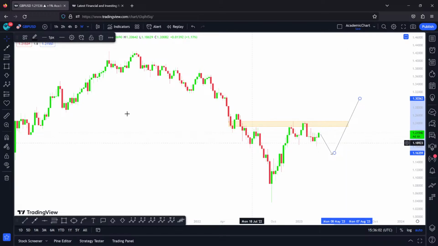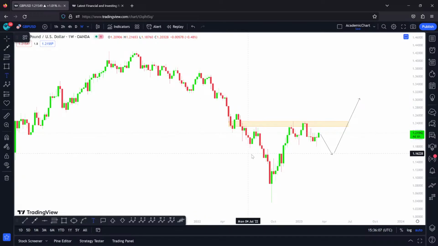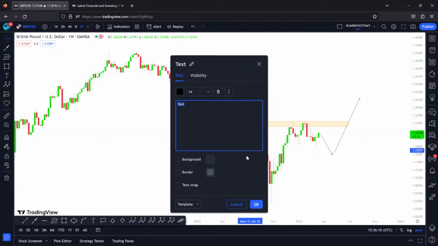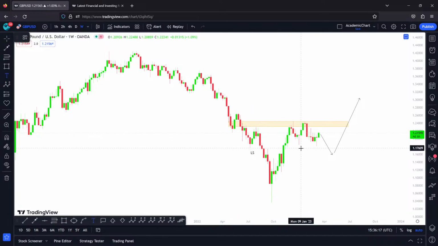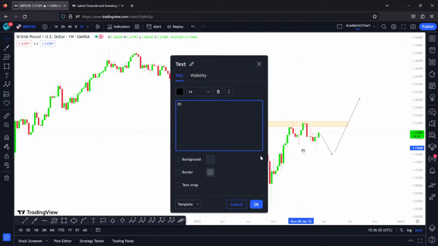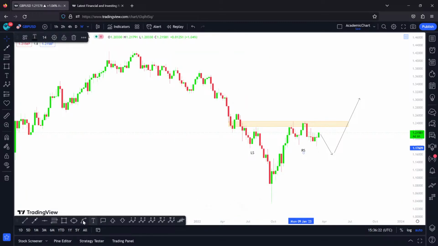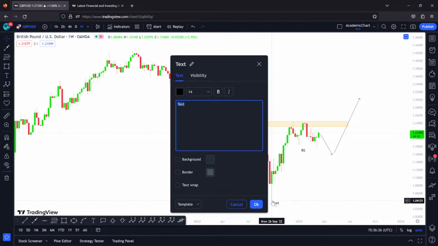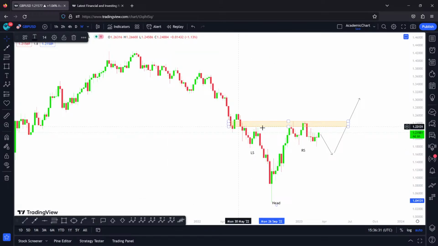So if it is going to be the case for this scenario, I would like to just show you that we have a reversed head and shoulder pattern, which this is the left shoulder. Very quickly, I would like to add this. This is going to be the right shoulder, and obviously, not surprisingly, it is going to be the head. And if that's the case, this support zone is going to be our neckline, or you can also argue